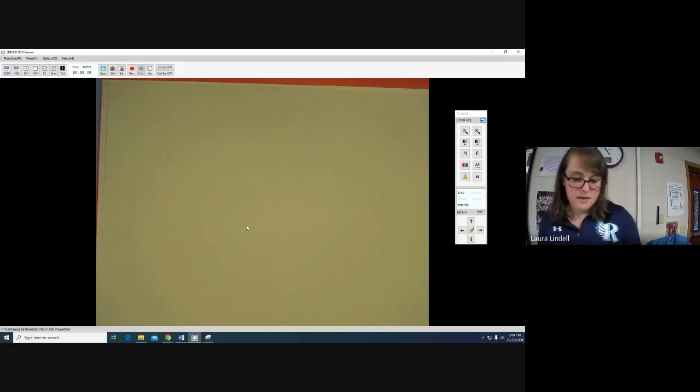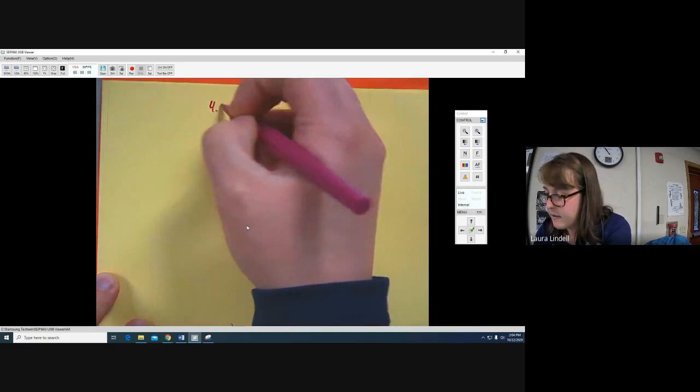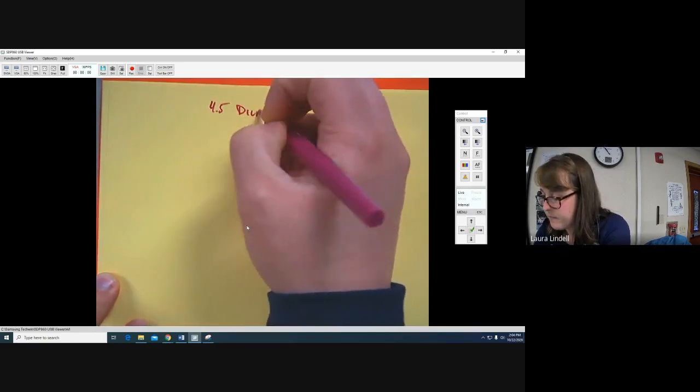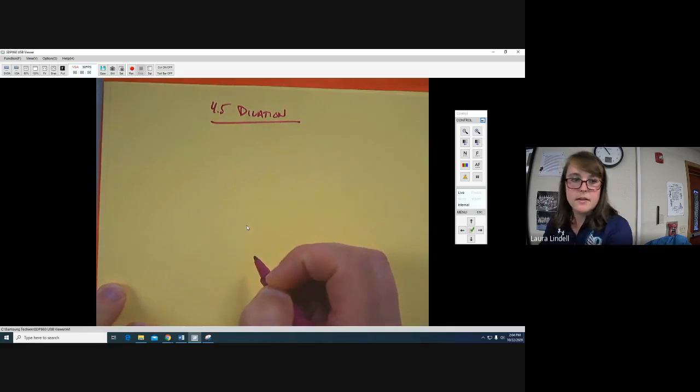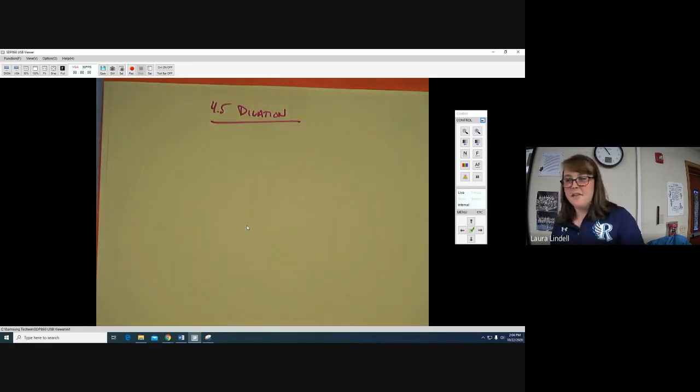Okay. So dilation, 4.5. Hopefully people use notebooks or paper to take notes, not writing your notes on your forearm. Anyway, dilation